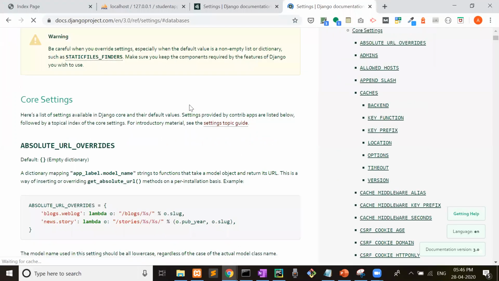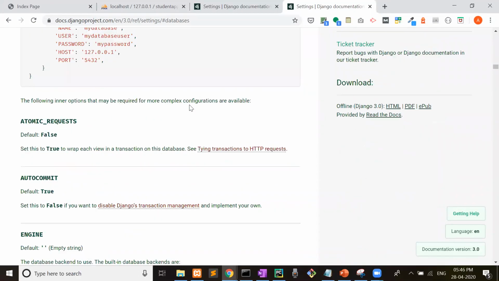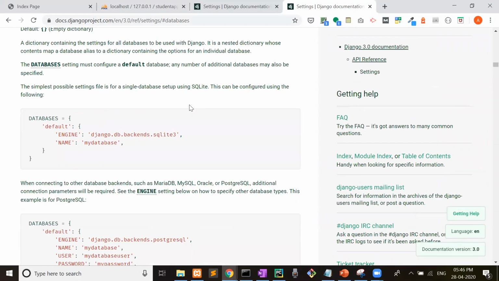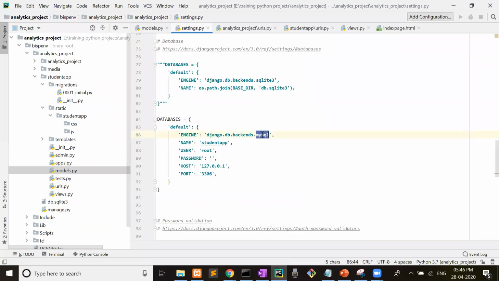Inside this documentation you will come to know about the database connectivity. This is the default, and this is for Postgres and MySQL both. So I have copied these lines and pasted them here. I have changed the engine to MySQL, and student app is my database name.